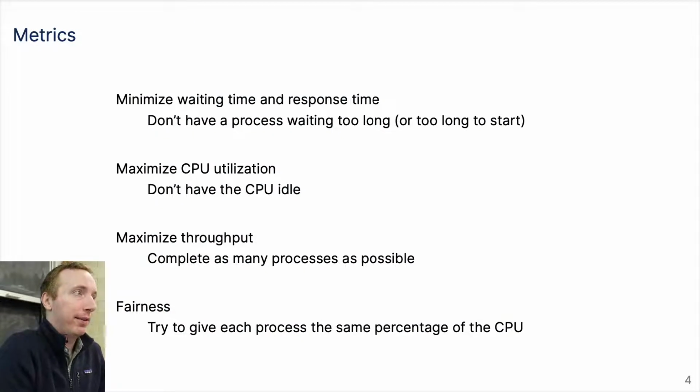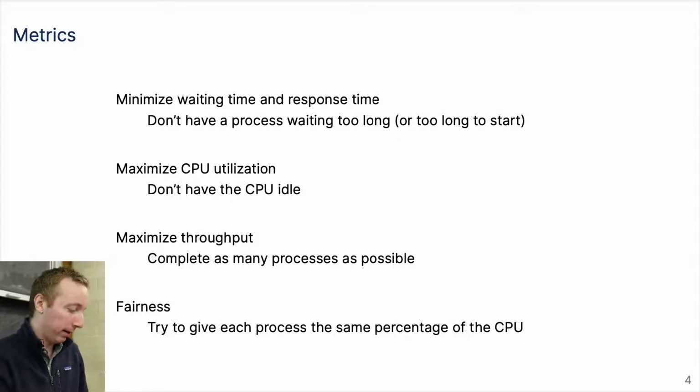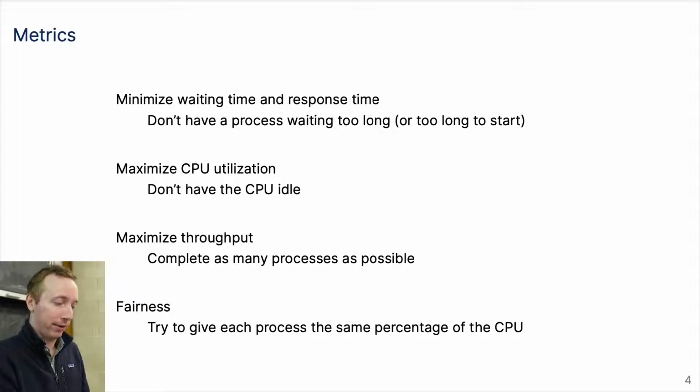Okay, so when we discuss scheduling, we have to have some way to evaluate how good our scheduler is. And these are some metrics that you would want to keep track of. First, you'd want to minimize waiting time and response time. As soon as you start a process, you would want it to get executed, or at least start execution, as fast as possible. And that lag time from when you say you want to run until it actually runs on the CPU for the first time is called the response time. So that's kind of your responsiveness, how fast your system feels.